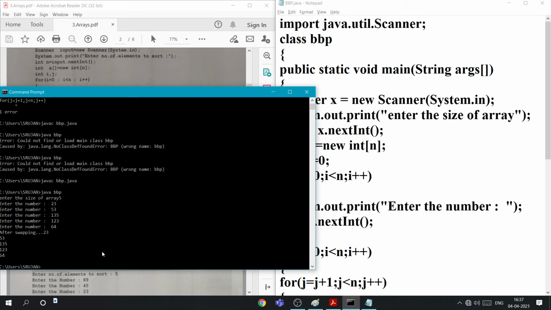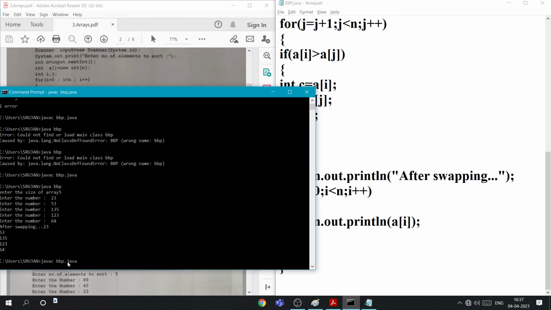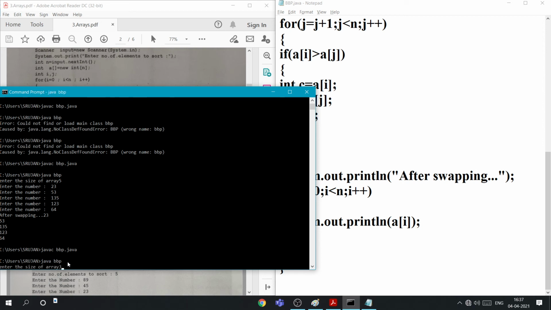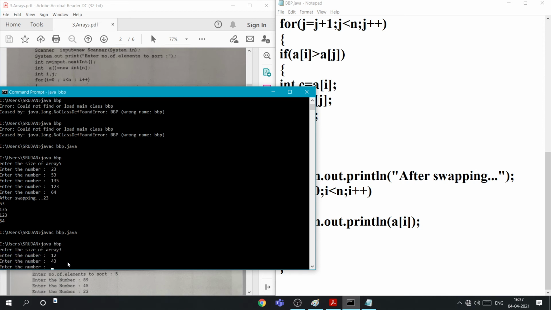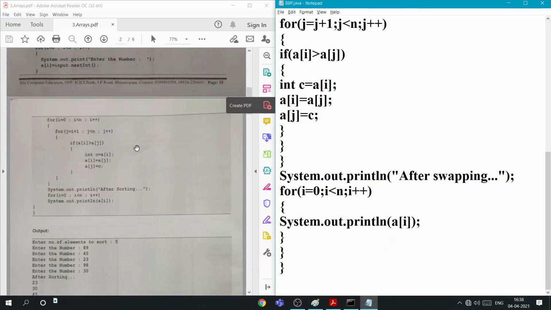If you want this to come to the bottom also, just write slash n after this. So just write 3 numbers, whatever numbers. So this is how we'll do this swapping.